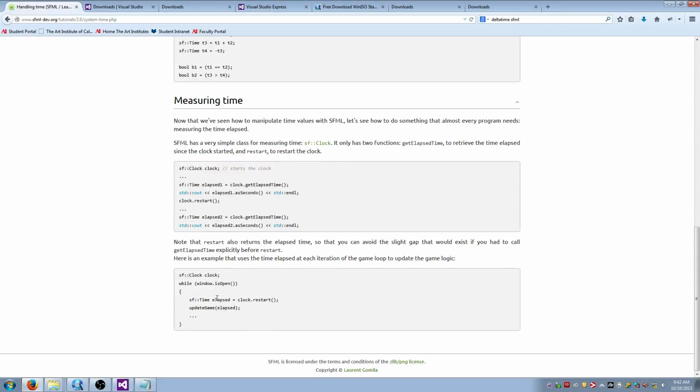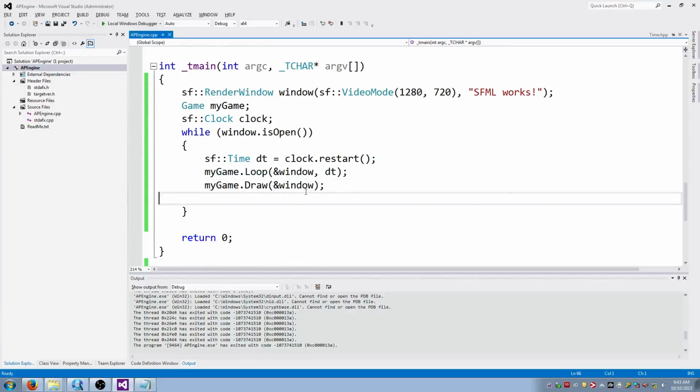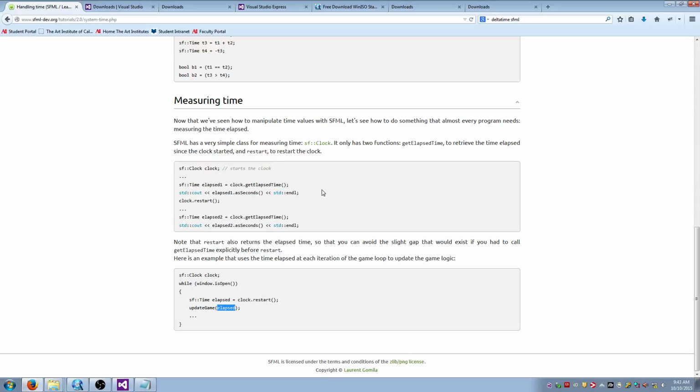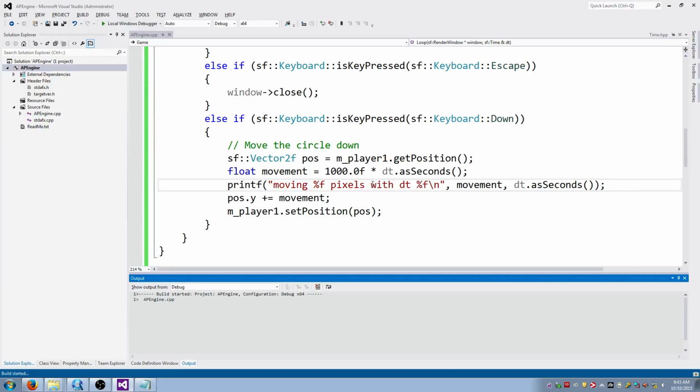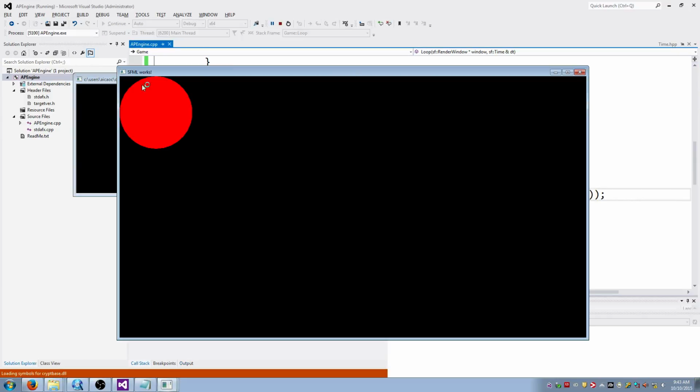Because it's seconds and not lower variance. This thing here is actually the time. Restart also returns it, so you can avoid a slight gap. You guys get to see a little bit of what the debugging process is too. Just trying to figure out why the delta time here